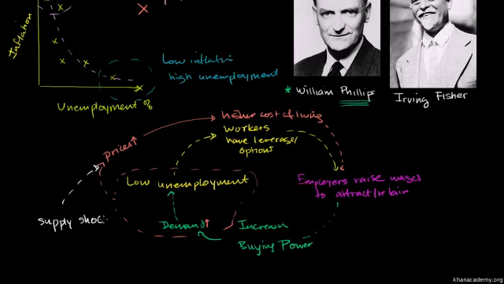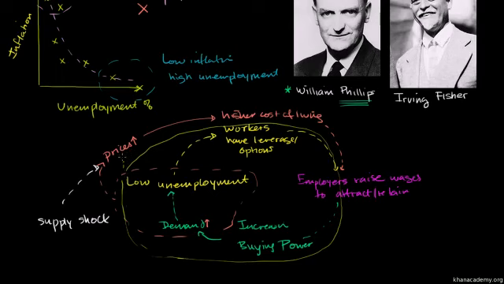And the supply shock was in oil. It made the cost of producing everything more expensive, and so that just drove the prices up. But it really didn't allow the country as a whole to become more productive. One way to think about it is it drove the prices up here, caused a higher cost of living right over here. But this part of this cycle that we would normally associate with low unemployment and high inflation was not occurring. So this part right over here was not occurring. And because those higher prices were essentially going out of the country, you could imagine that they were squeezing out people's ability to pay for other things.